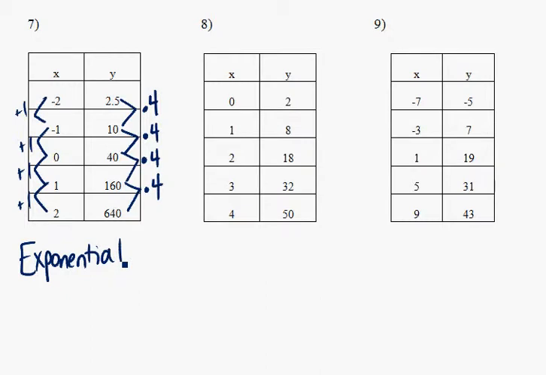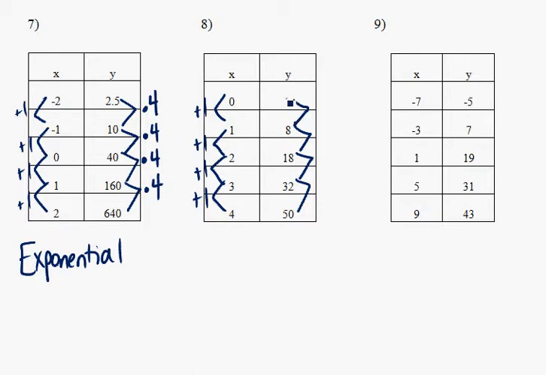When I move over to the next table, I again see that my inputs are in a pattern where they're just constantly increasing by 1, but my outputs have a different pattern. How do I get from 2 to 8, from 8 to 18, from 18 to 32, and from 32 to 50? Well, at first glance, it might almost seem like there isn't a pattern. I'm not multiplying by the same thing every time. I'm not adding the same thing every time, but let's see what happens if we try to look at that